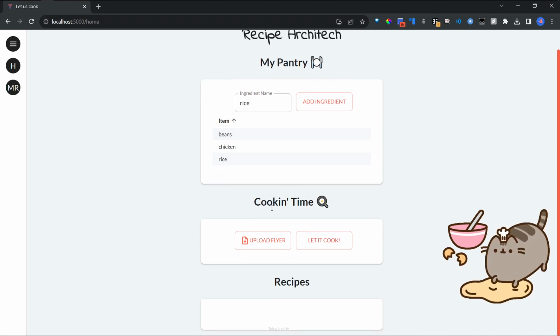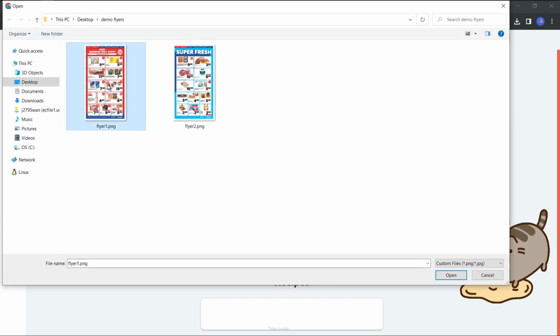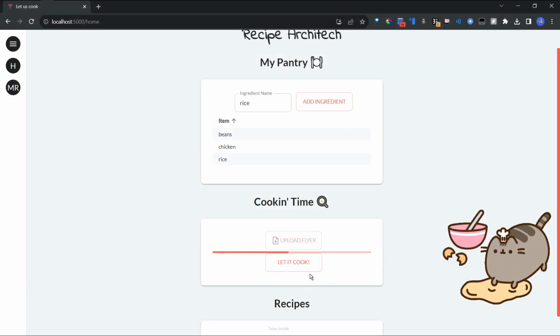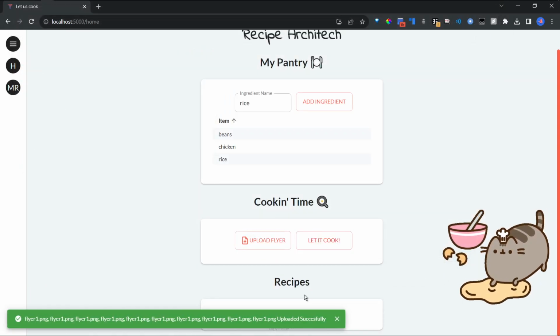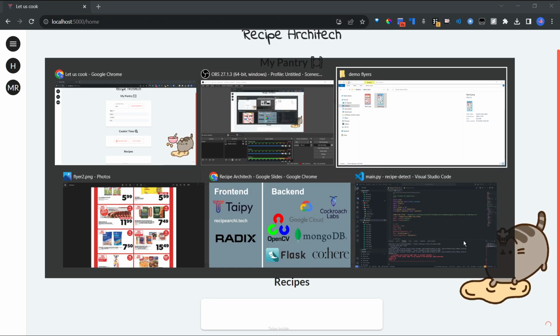The next section we have is Cooking Time. So here, you can upload the flyer for this week. Let's suppose that this is the flyer for this week. I can open it here. And once it completes uploading, I can press the Let It Cook button, and it will start generating some recipes. This takes around a minute to load, so in the meantime, I'm going to walk you through the rest of